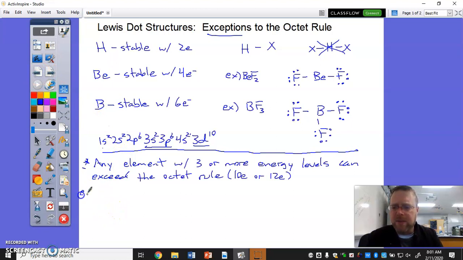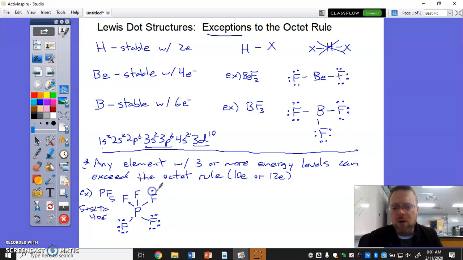So some examples of that might be something like phosphorus. If you have a PF5 molecule, the phosphorus atom that's in the middle will connect to 5 fluorine atoms on the outside here. If you add up the total valence for this, I think the total valence of your 5 plus your 5 sevens adds up to 40 electrons. And so that's just enough electrons to fill up the octet for all of the fluorines that are on the